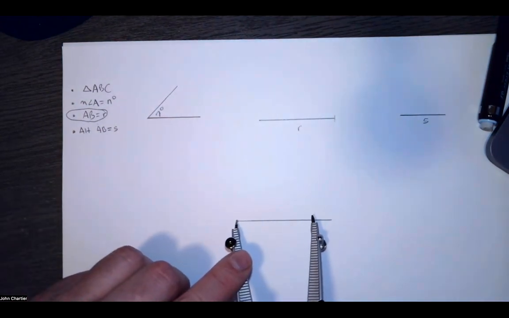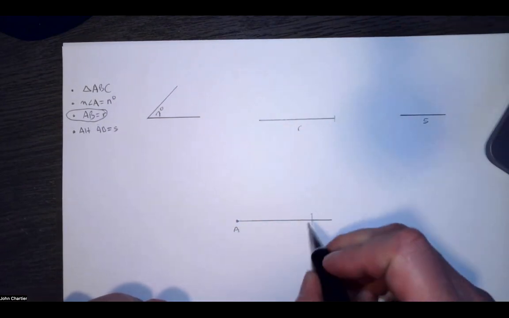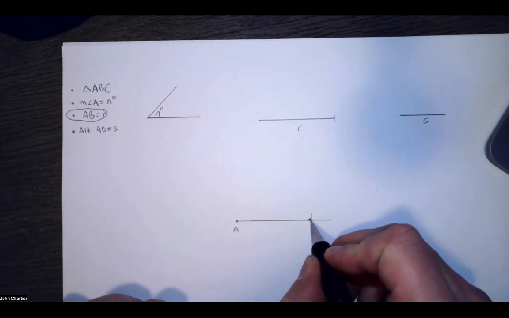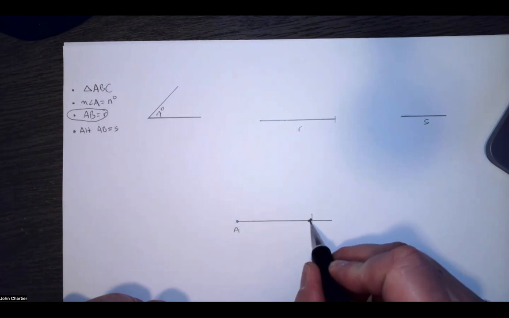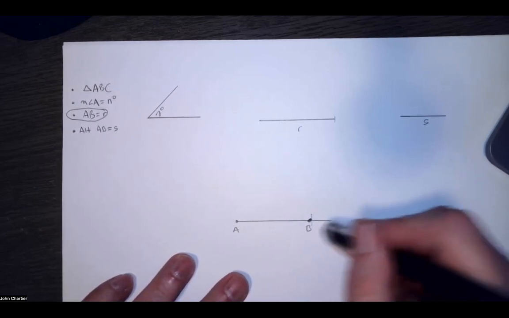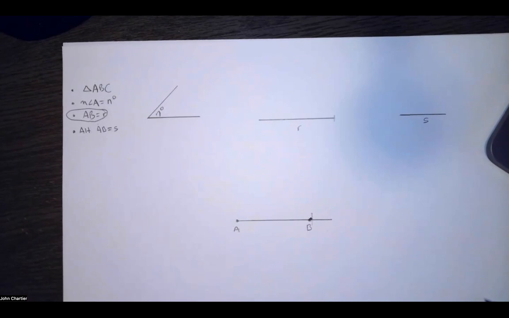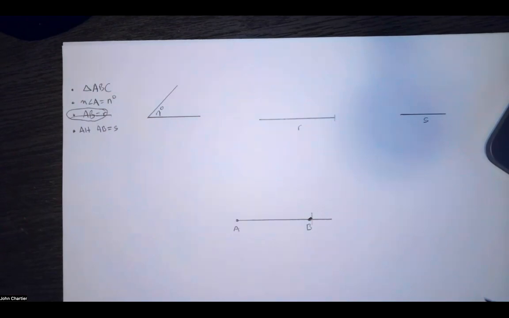I'm going to the left edge of A, draw my arc. And then I can put my dot right here. Remember, I always measure from the left edge of the left dot to the right edge of the right dot. I notice I'm making this dot pretty big. So that's my AB, and I don't have to erase things. I can leave it that way. But there's one side of the triangle, side length AB. All right, so this condition right here is complete. I've got 3 more conditions to do.